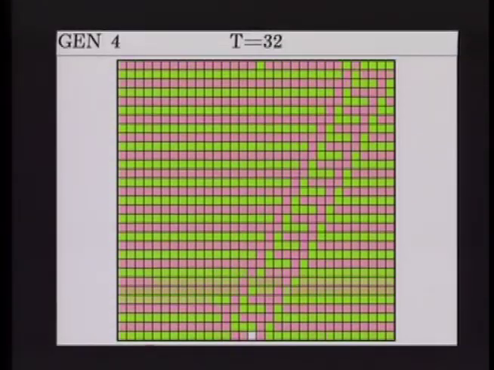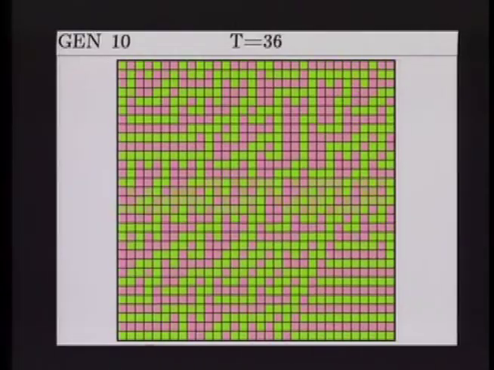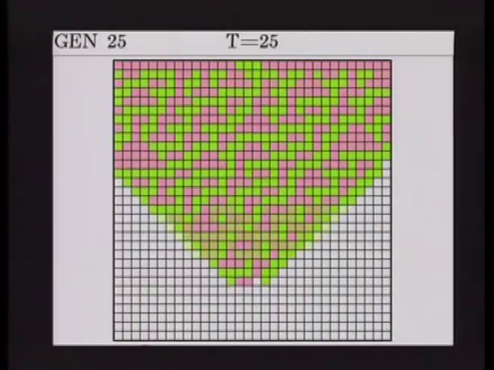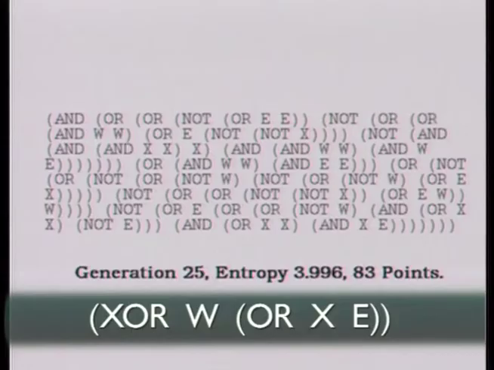Generation 4, like generation 0, exhibits considerable regularity. Entropy is visibly higher by generation 6, and it is difficult to discern any pattern by generation 10. By generation 25, we found state transition rule 30, a known chaotic rule. This 83-point program is equivalent to the exclusive OR of the western neighbor and the disjunction of the center and